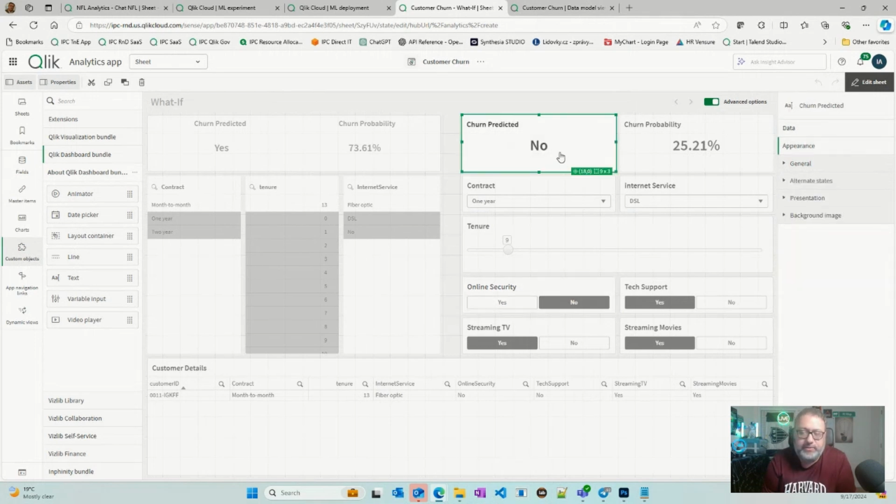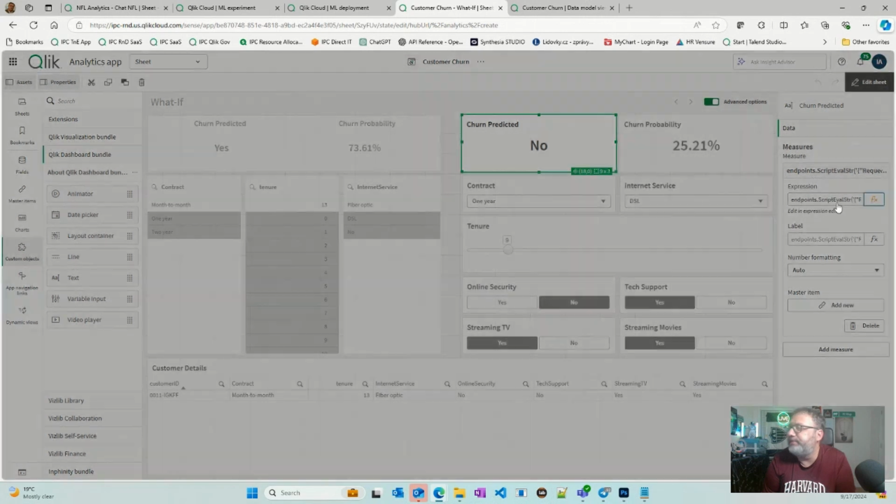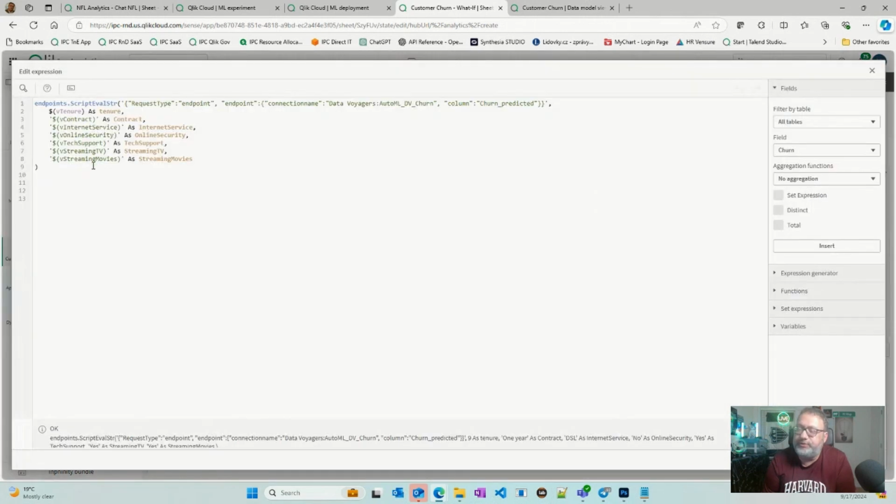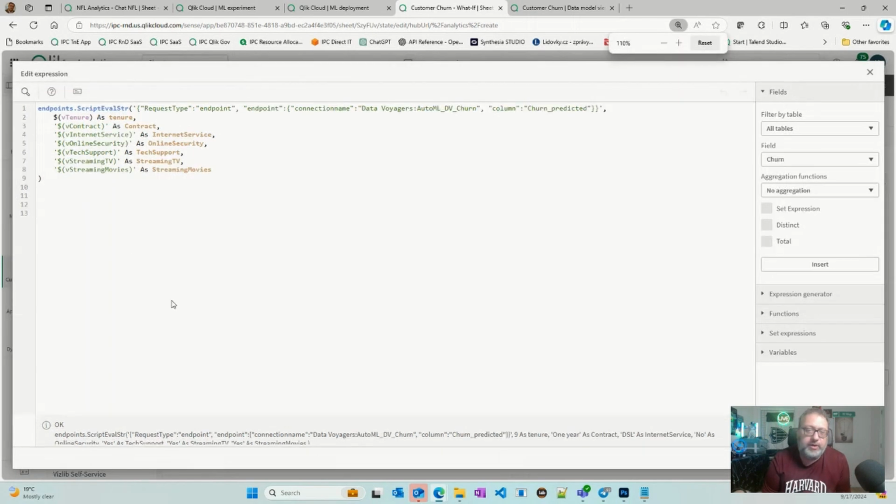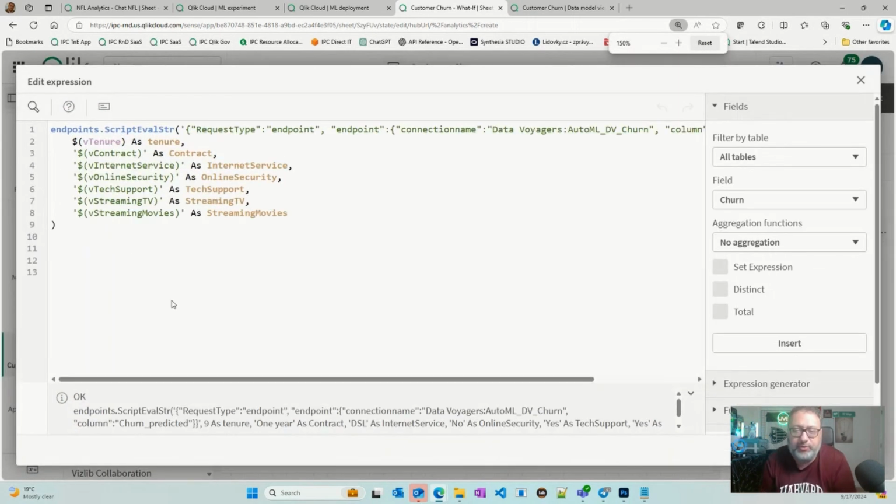How about the calculation? It's very, very similar to this, but instead of providing the field, I need to provide the variables. However, there's a trick. Let me show this one. So I'm providing the variables. This is a numeric. These are tags I'm doing inside single quotes, just like we do in Qlik. If this does not look familiar, I recommend you study how to work with variables in Qlik. But that's the trick. I need to rename this to the field names because the order does not matter.